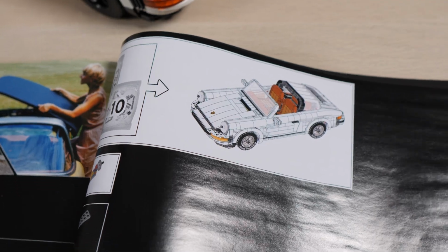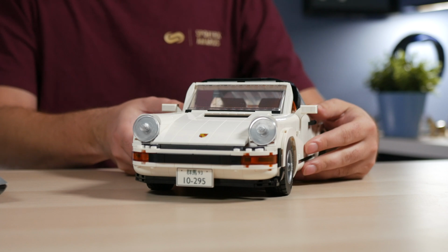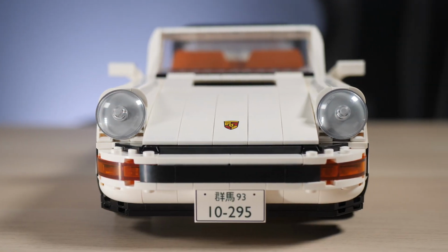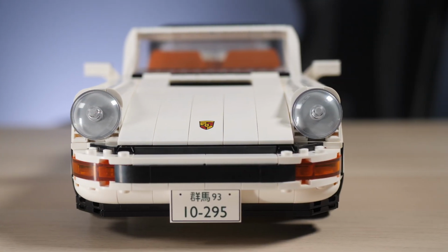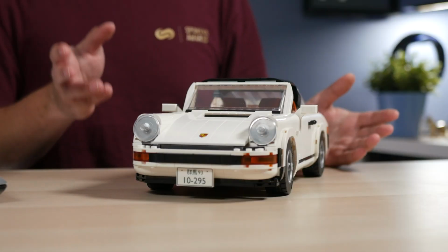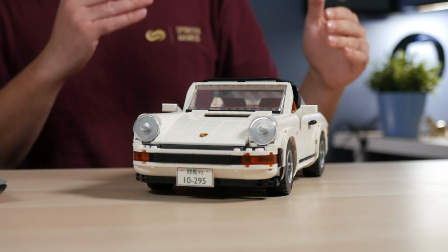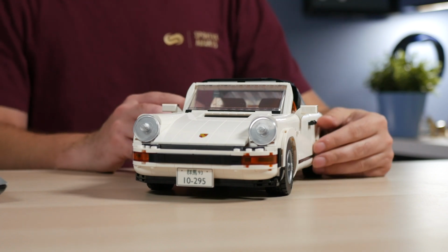The front, however, remains the same. We have the classic-looking Porsche look, of course, as classic as you can possibly get. You may say that the headlights might be just a bit oversized, and the longer I look at it, it kind of is. Maybe if you look at the pictures from the manual, the ratio of the headlights against the chassis